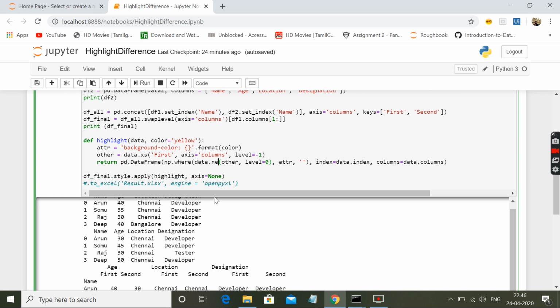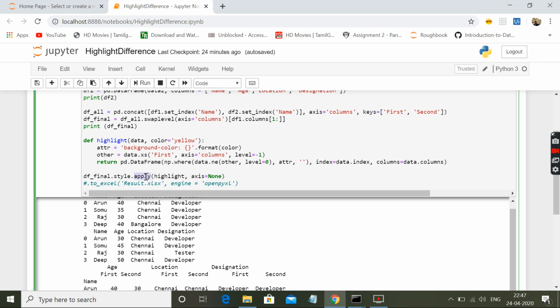Finally, we have applied the style. This is where we perform our styling function. The key method is dot apply. Similarly we have something called dot applymap, which is again used for some data frame style activity.